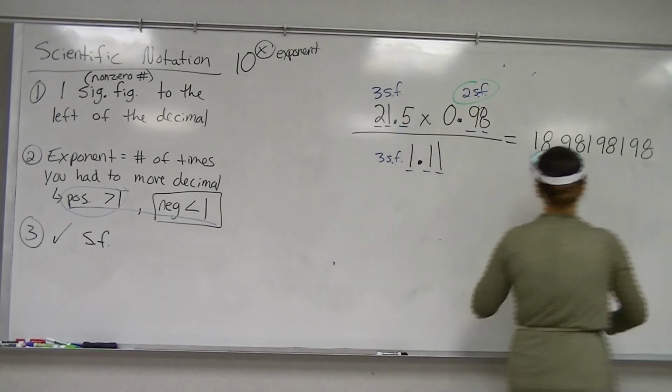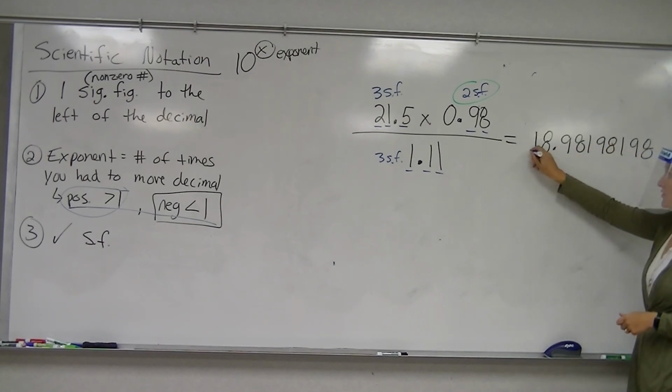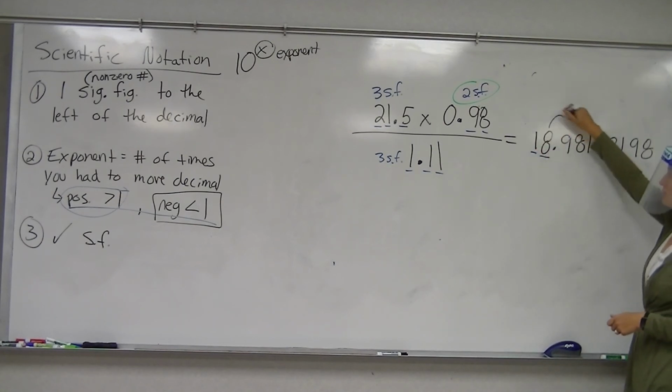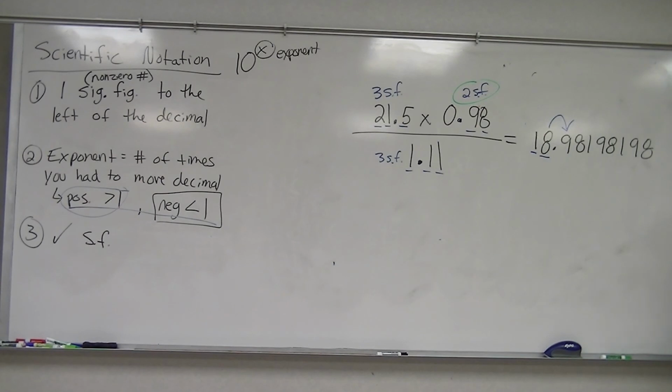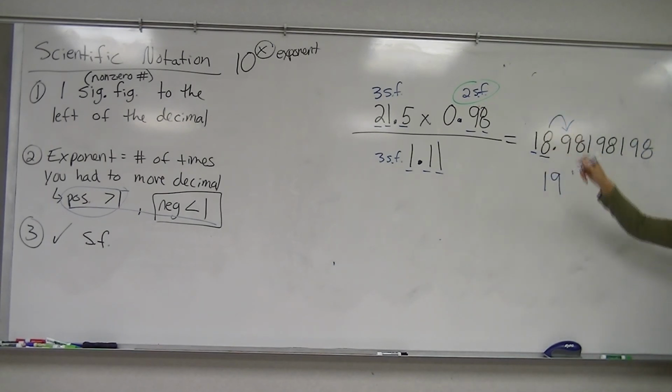So what that means is, when I get over here to my giant number, I only want 2 significant figures in my answer. Always start from the left and go towards the right. So I'm going to start at the 1. So that's 1 significant figure, 2. Look to the number next to it. It's going to go up. So when you report your answer for that huge long problem, you're just